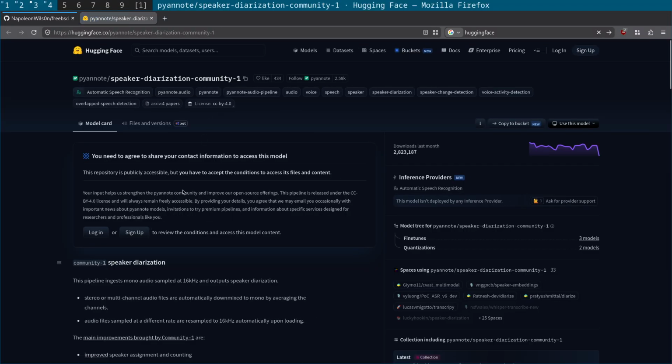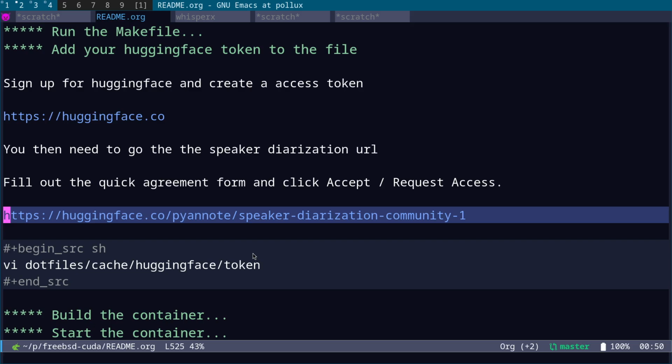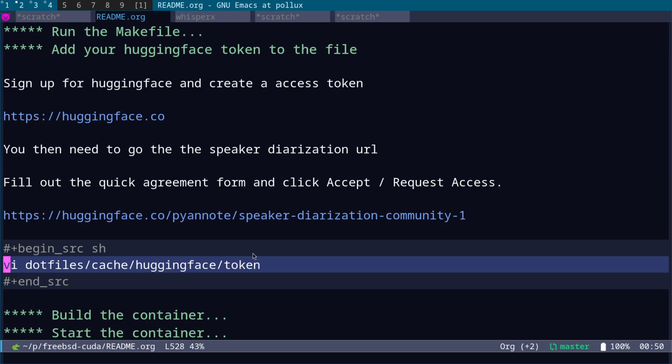So speaker diarization is what creates speaker 1, speaker 2 when you're transcribing audio with more than one person. Basically you sign up and log in, review the conditions, put in some little details and click accept. Once you've done that, you'll be able to download the models. What you have to do is inside the .files cache